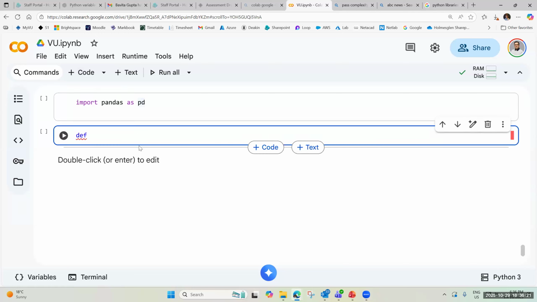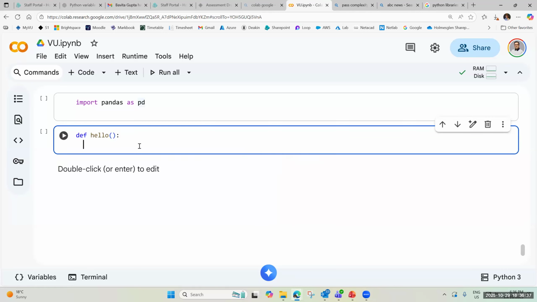So def, you see that it automatically changes the color to blue. It means that it's a reserved keyword. Imagine I want to create a function. I name it hello, parentheses open, parentheses close, colon. When I press enter, it automatically goes to the next line and I type print hello,